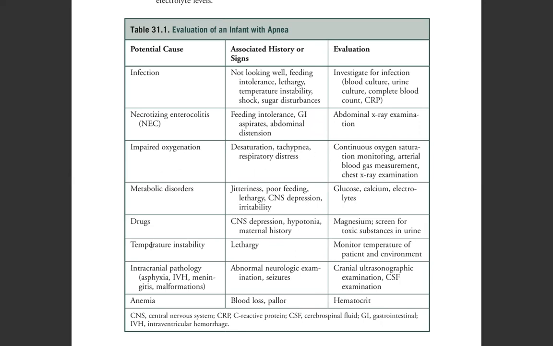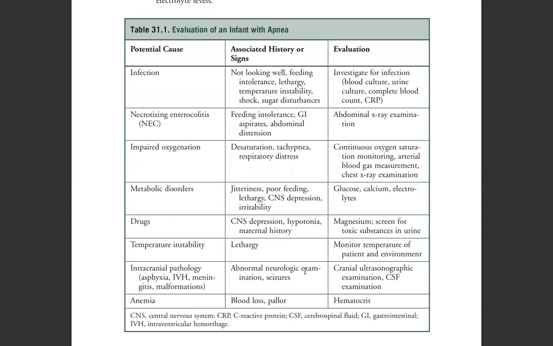Then D is for drugs like magnesium or phenobarbital overdose. Okay. The baby will be hypotonic, and there will be maternal use of magnesium. And I is for intracranial pathology. It may be asphyxia, IVH, meningitis, or malformations. The baby may present with seizures. Do a cranial ultrasound as the first level, CSF as the next investigation, and then if there is no clue,